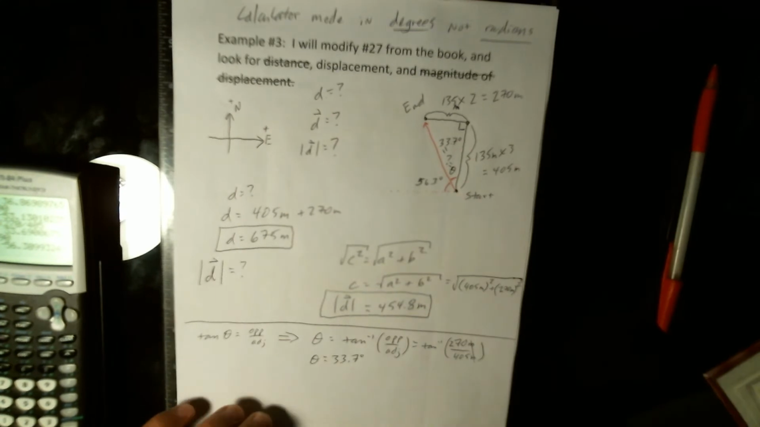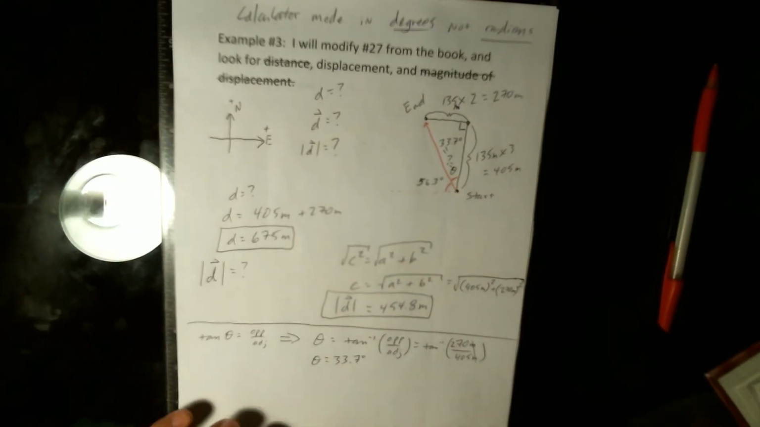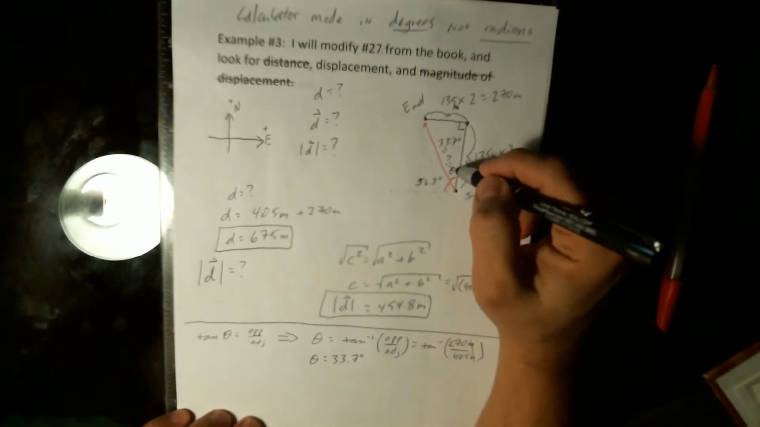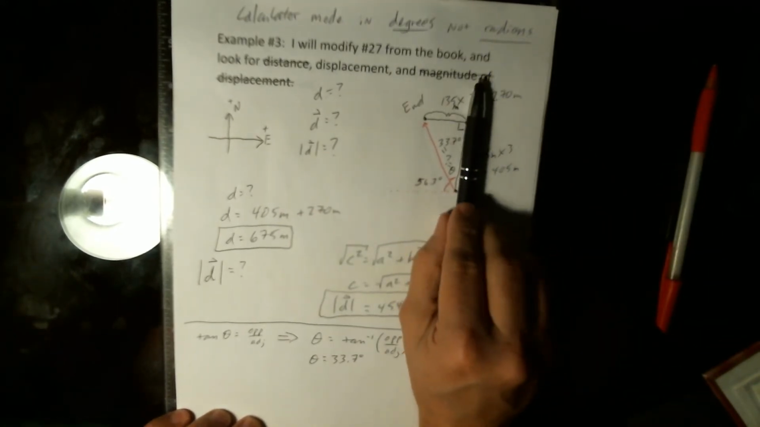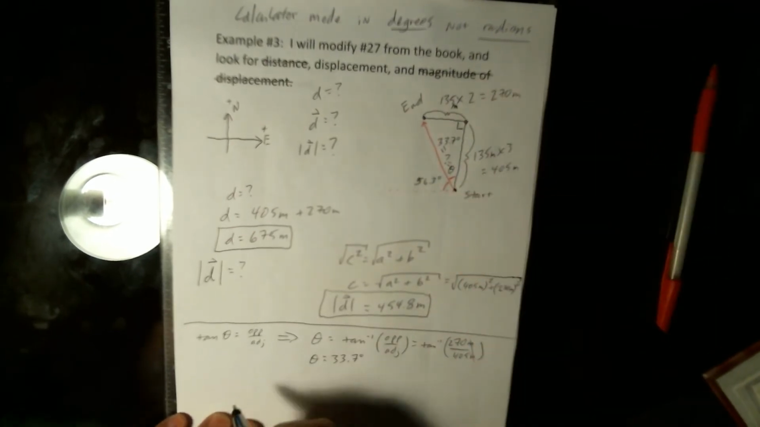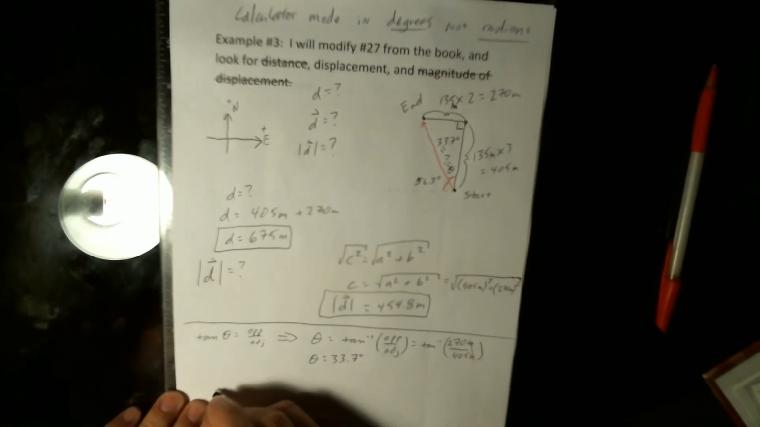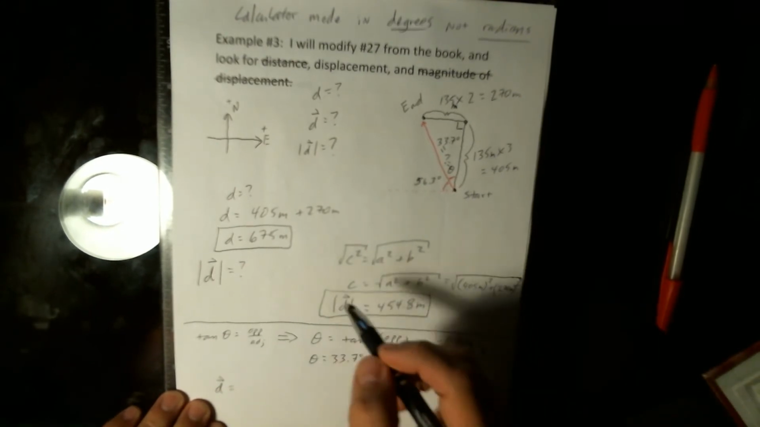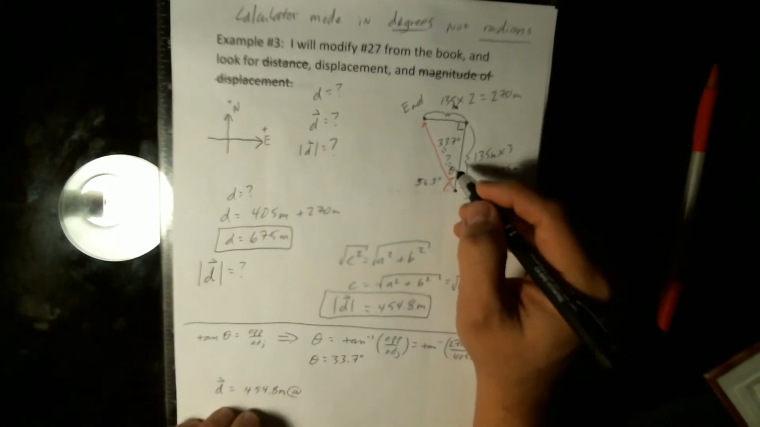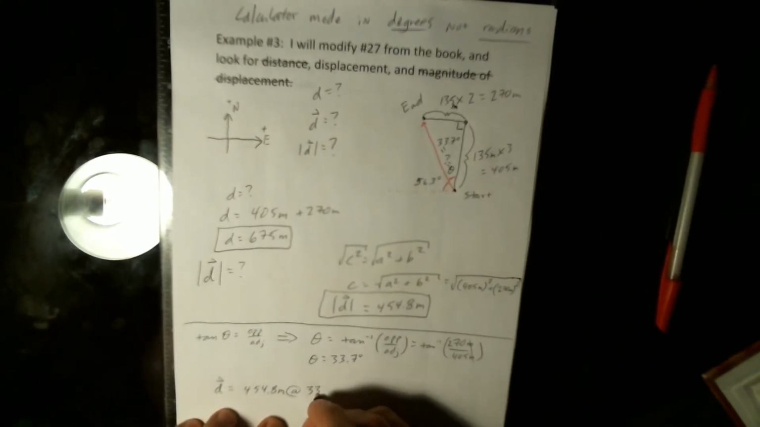So now let's report out. This angle here is going to have a magnitude and a direction. So I'm going to have two options for my displacement. It's going to be equal to 454.8 meters at 33.7 degrees. So there's due north. It's going to be to the west of north,